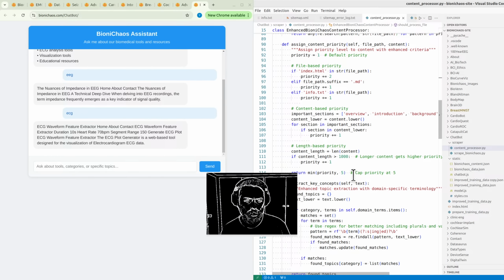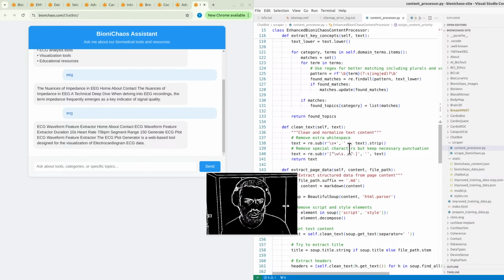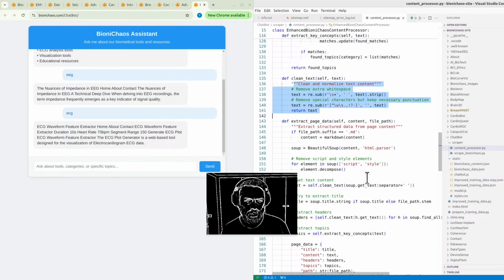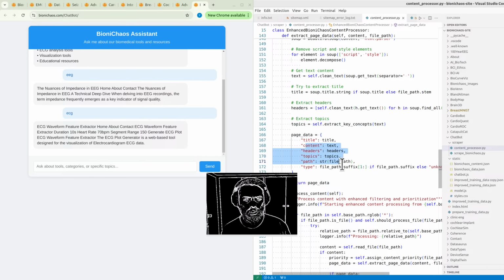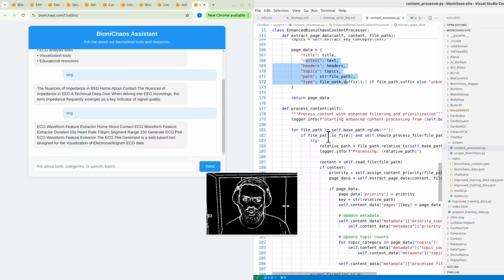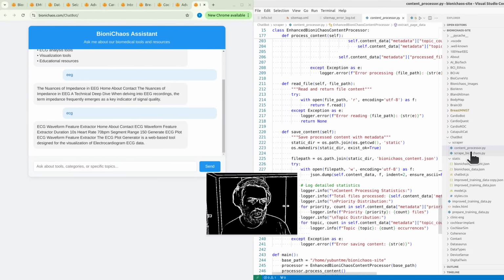It should have the website, the name. Then cleaning and normalizing the text content, extracting topics. So it's trained only on the content of the site. There's no underlying